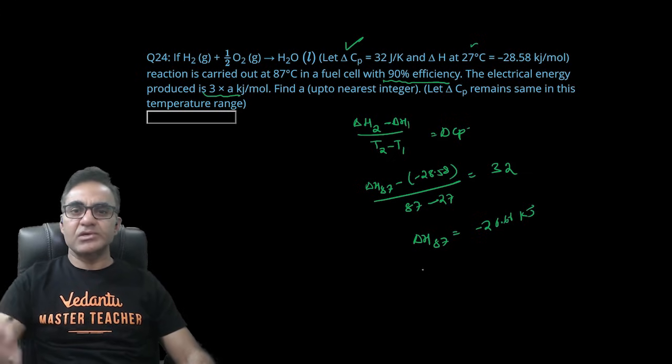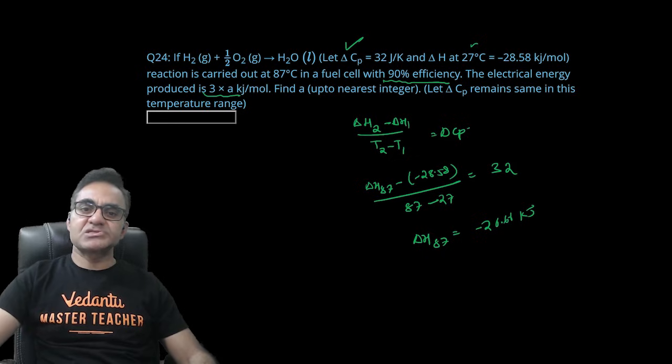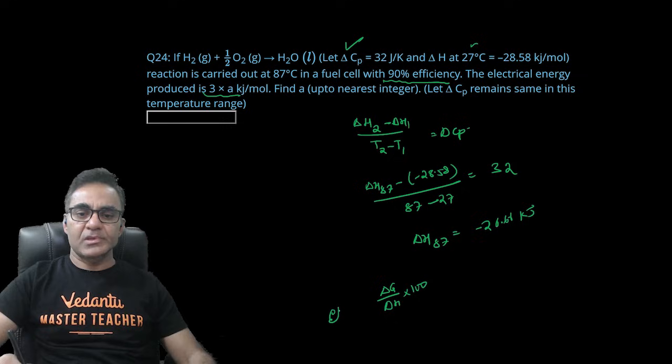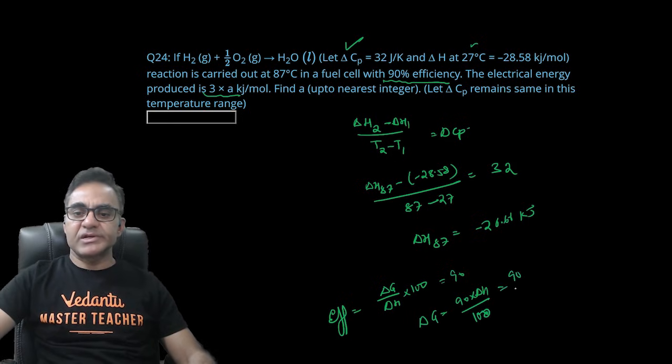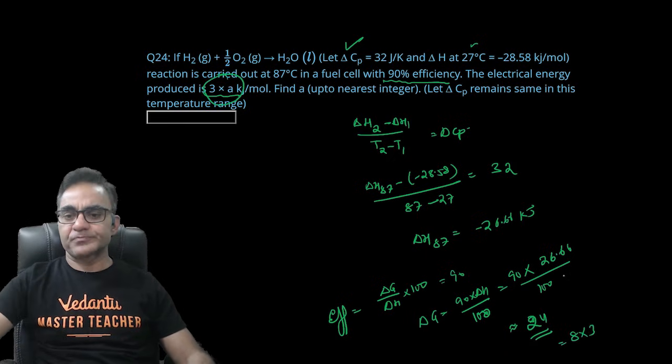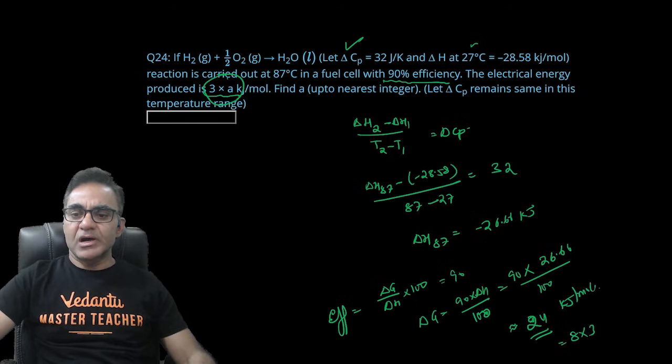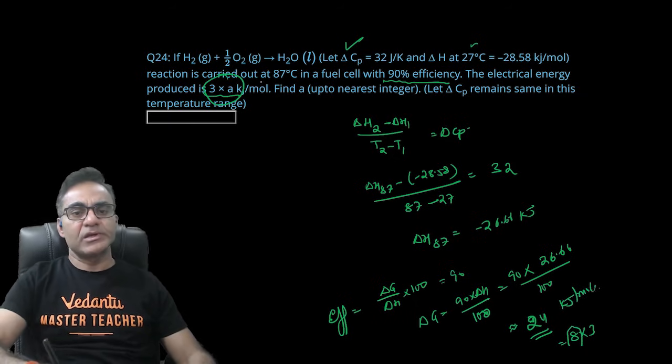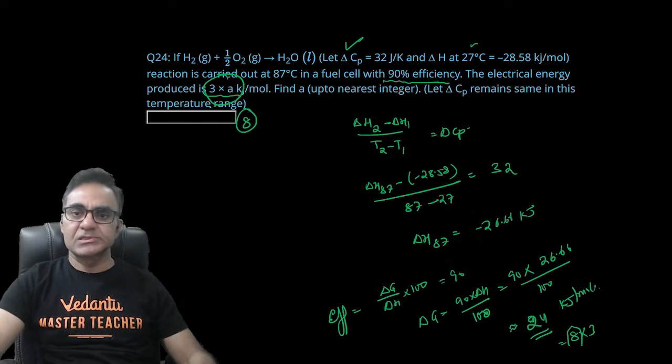और जो फ्यूल एफिशिएंसी है सेल की वो 90% दी है, मतलब 90% एफिशिएंसी दी है। 90% एफिशिएंसी का मतलब ये हुआ कि जो केमिकल एनर्जी है उसका 90% ही इलेक्ट्रिकल एनर्जी में कन्वर्ट हो रहा है, यानी जो एफिशिएंसी होती है ΔG अपॉन ΔH इंटू 100, ये होती है एफिशिएंसी। दिस इज गिवन एज 90, तो ΔG हो जाएगा आपका 90 इंटू ΔH अपॉन 100, तो आप बस ΔH की वैल्यू रख दो, मैग्नीट्यूड रख दो चलेगा क्योंकि मैग्नीट्यूड ही बताना है, 26.66 अपॉन 100। इसको जब आप रफली निकालोगे तो करीब 24 आ जाएगा, विच कैन बी रिटन एज 8 इंटू 3, क्योंकि आंसर आपको देना है 3 इंटू a में, किलोजूल पर मोल, यानी कि आपका जो करेक्ट आंसर भरने वाला हुआ वो 8 हुआ, राइट। तो यू हैव टू राइट 8 इन द बॉक्स।